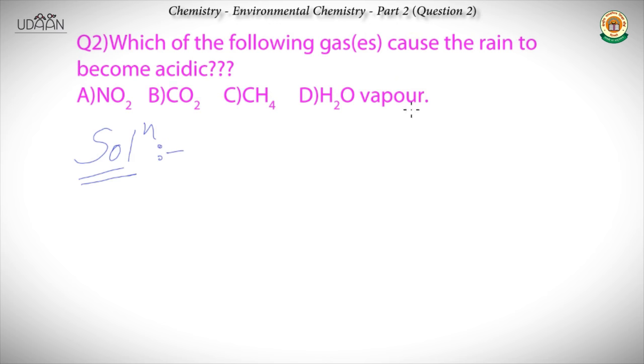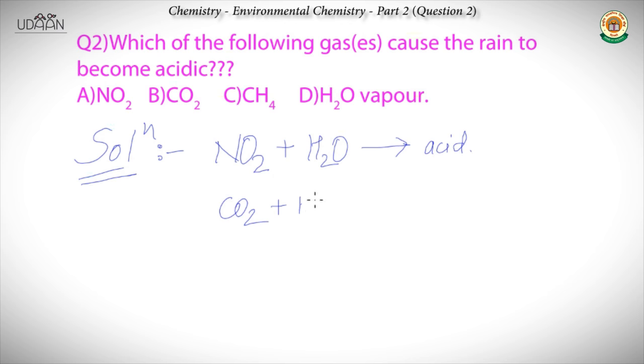Here we know that only those gases which are present in the atmosphere, if they are acidic, would react with water to form acids. So these acids make the rain acidic. So only those oxides which have acidic character, that is, on reaction with water they produce acids, would be causing the rain to become acidic. That is, they would cause acid rain to fall on earth. So now we know this reaction, that NO2 plus H2O gives acid,